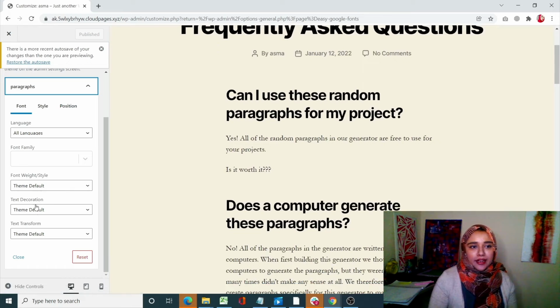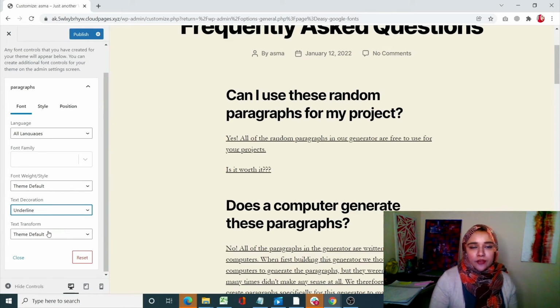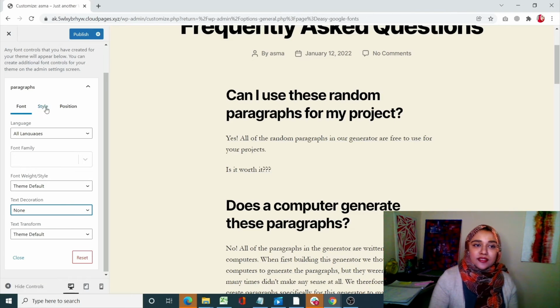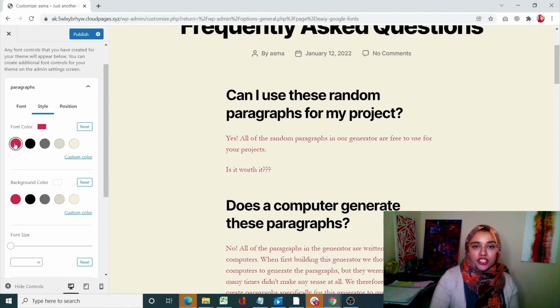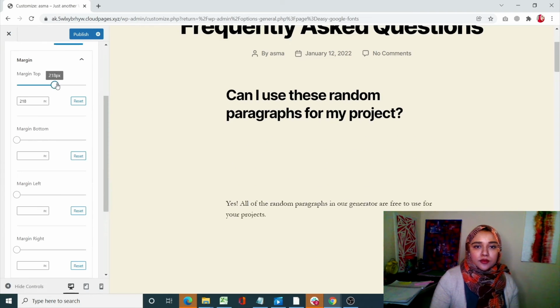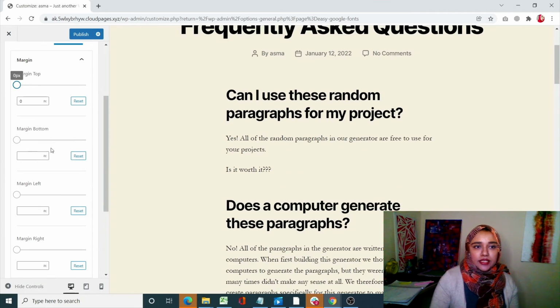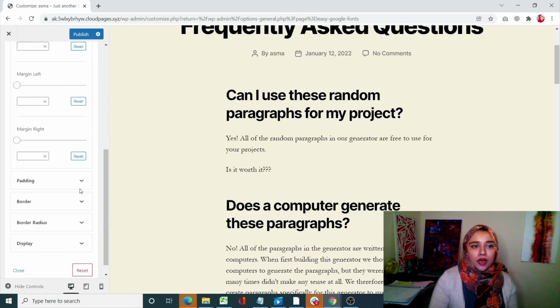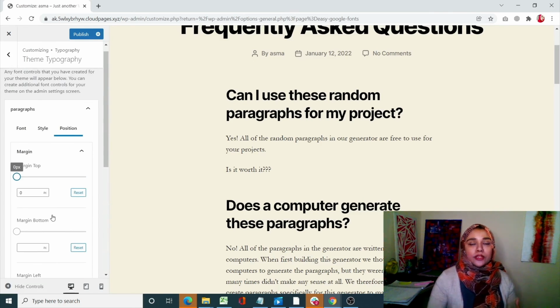I want to add an underline to it. So I will simply select underline from Text Decoration, and wherever I have used a paragraph, a P tag, automatically my underline will be added. In the same way, if I want to change the style of it, I want to change the color of it, I can do that. Also, I can change the position of it. For example, if I want to add margins, I can do that very easily. I can also change the padding, the border, and there are a lot of options for you, but the options are right in front of you. You don't have to remember their codes to manipulate your design for your fonts.